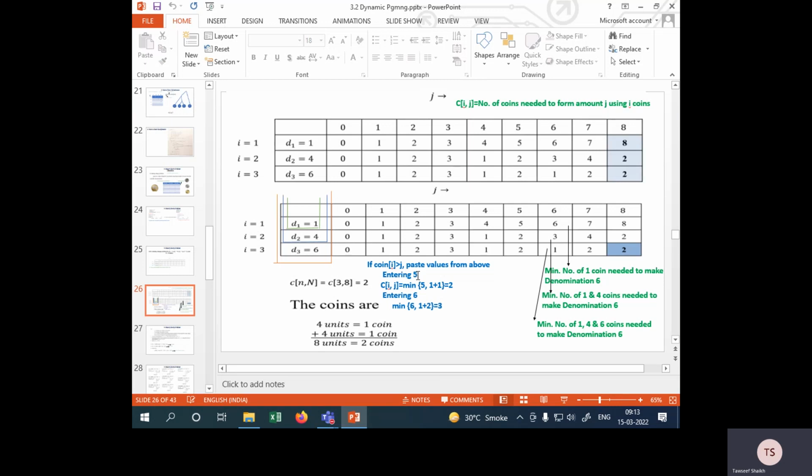So that means entering 5, when we have to make a change of 5 here. So what I am doing, I am taking minimum of what? Because I had to take minimum number of coins. Minimum number of coins to give change to the customer. So I had to make change of 5 rupees. That means I had to make change of 5 rupees using minimum number of coins. So I will take minimum of